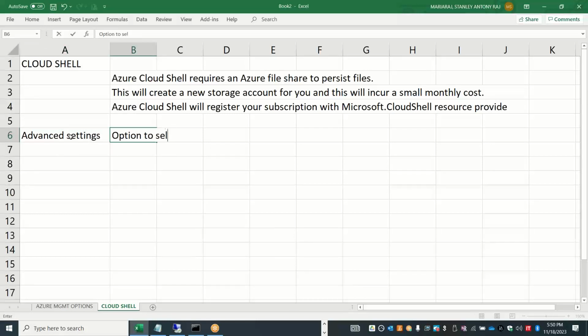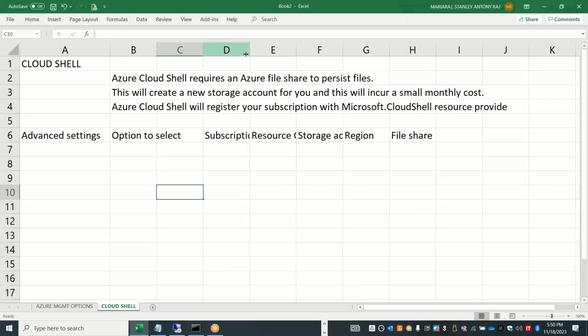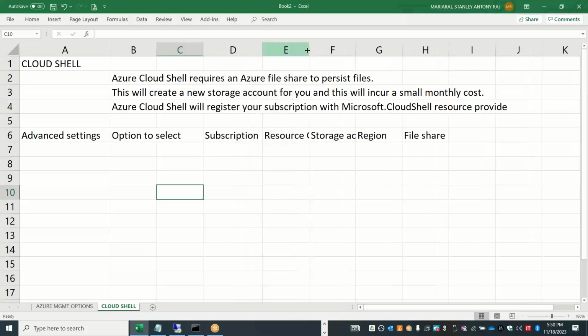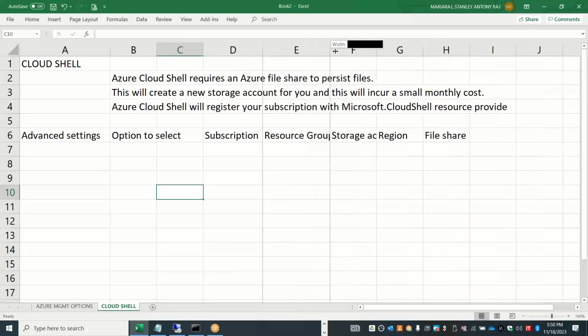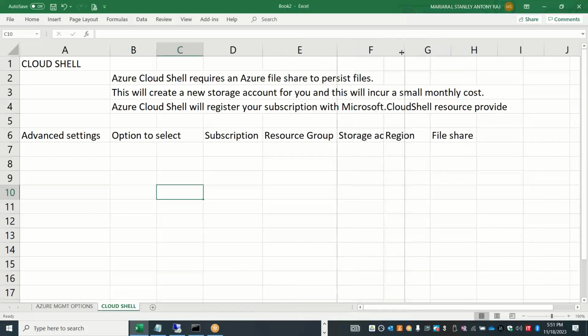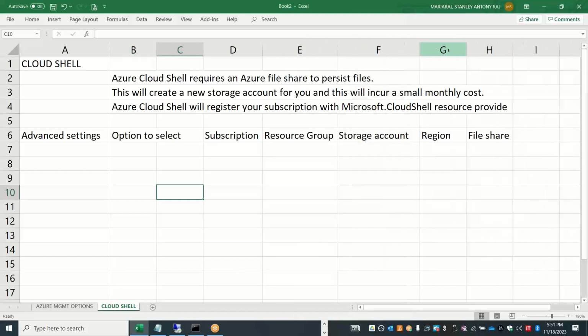Option 2, select the subscription, resource group, storage account, region, and then the file share name. You can select all these options if you want to selectively activate for a subscription, a resource group, or a particular storage account. Or else if you want the default, you can just leave it as default